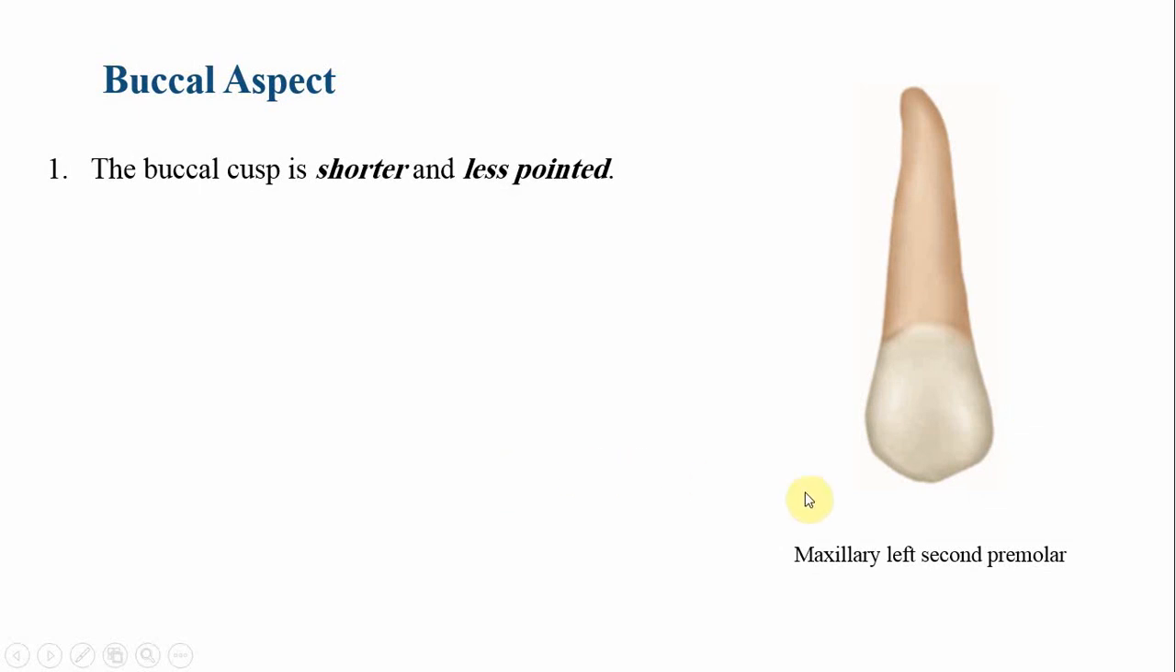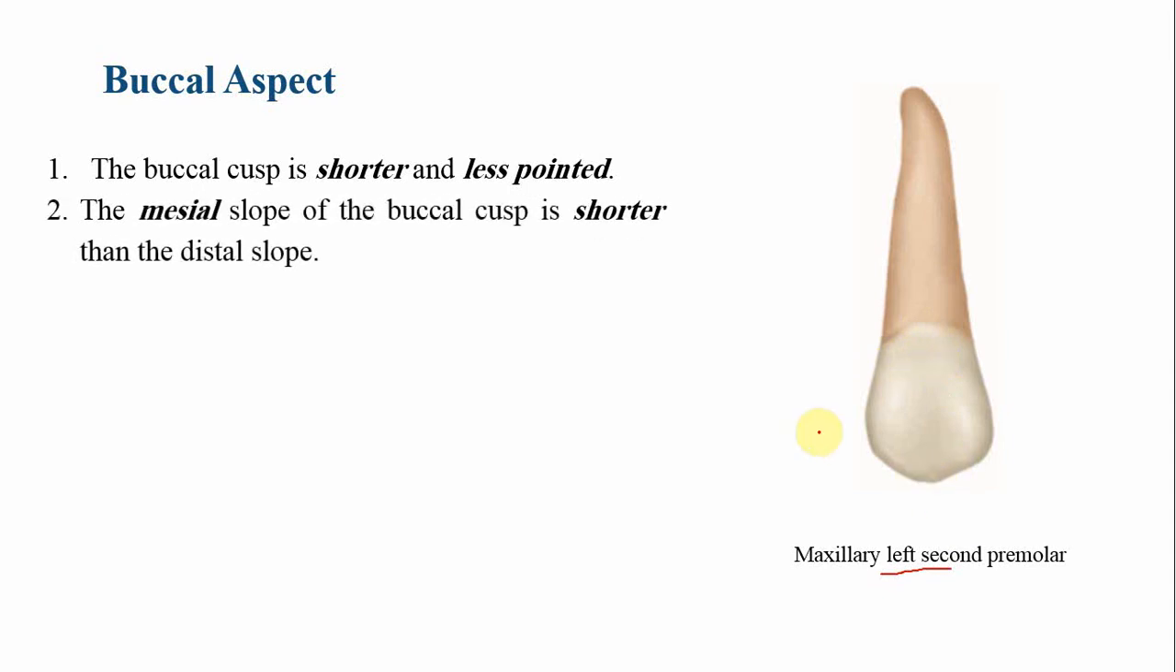First, the buccal cusp is shorter and less pointed. This is the maxillary left second premolar and not the right. So the buccal cusp is shorter and less pointed compared with the maxillary first premolar. The mesial slope of the cusp: since this is the left, this is the mesial, and this is the distal. The mesial cusp slope is shorter than the distal cusp slope, just like the maxillary canine and opposite to the